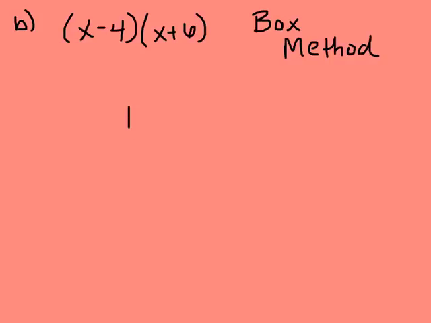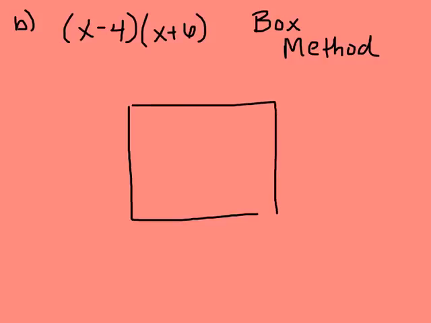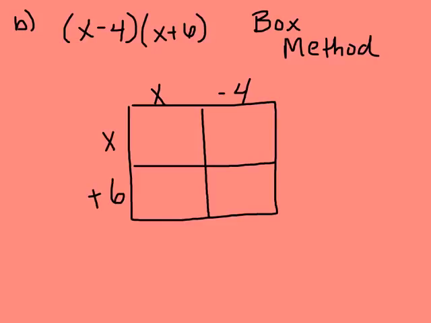You're going to draw a box, divide it into 4 quadrants. x minus 4 will go up on top, and then x plus 6 will go on the side. Now all you have to do is multiply